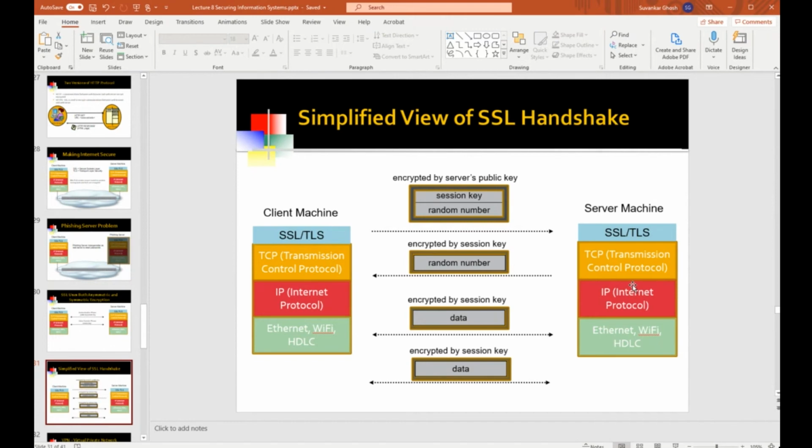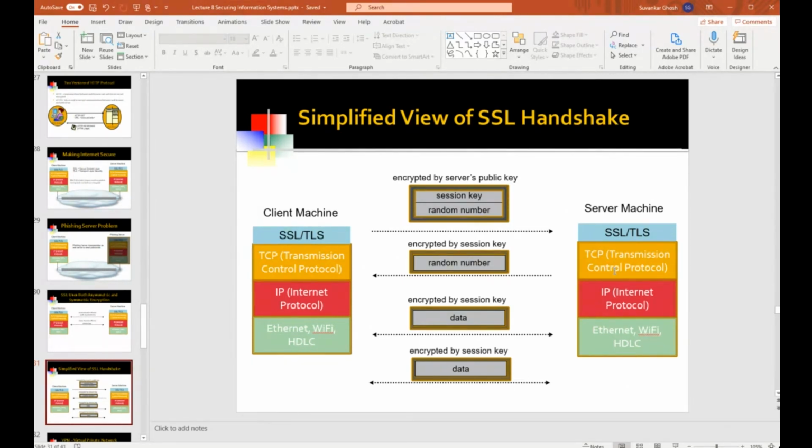So any principal that is interacting and conducting transactions in a secure environment has a private key, which they hold very closely. So this message that has been sent by the client machine to the server machine by encrypting using the public key, this message can only be decrypted by the right person who has the private key.